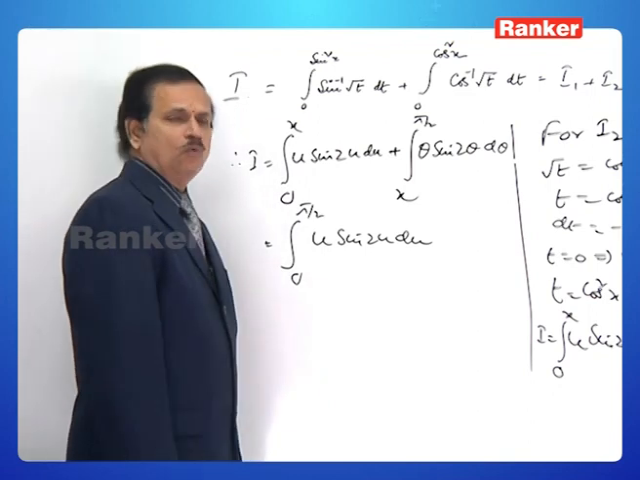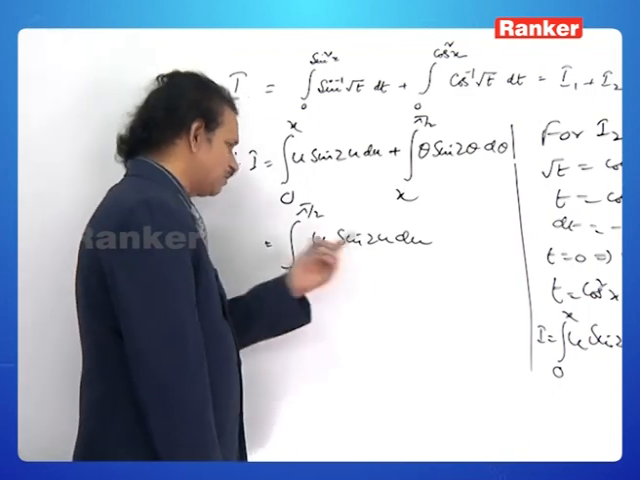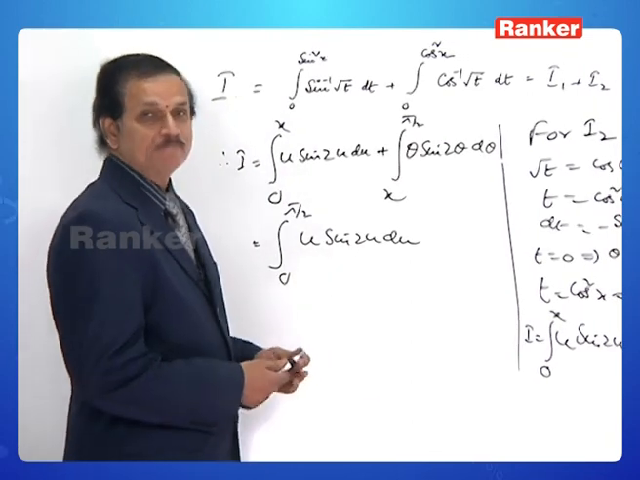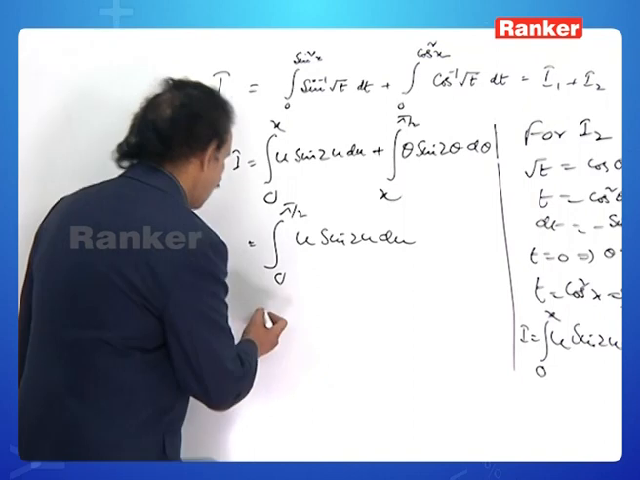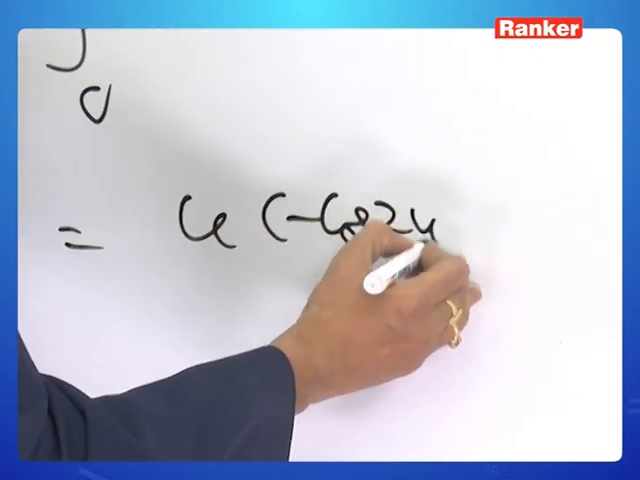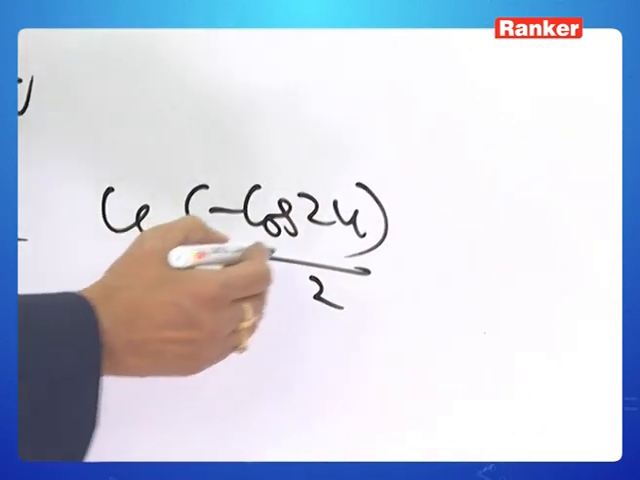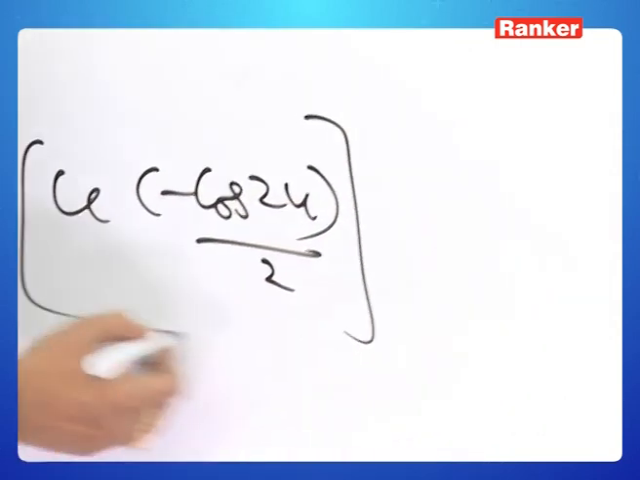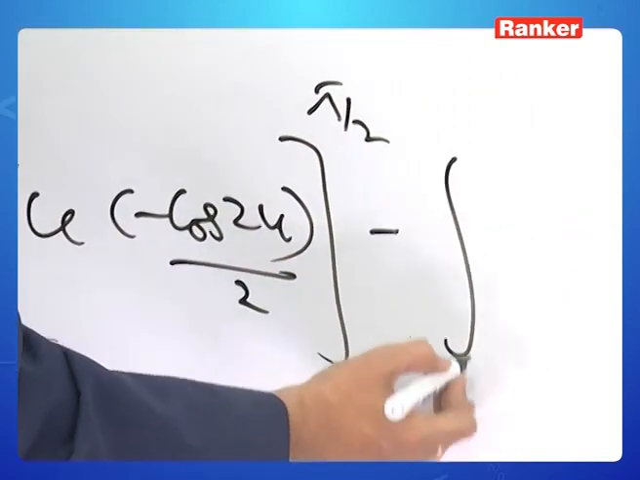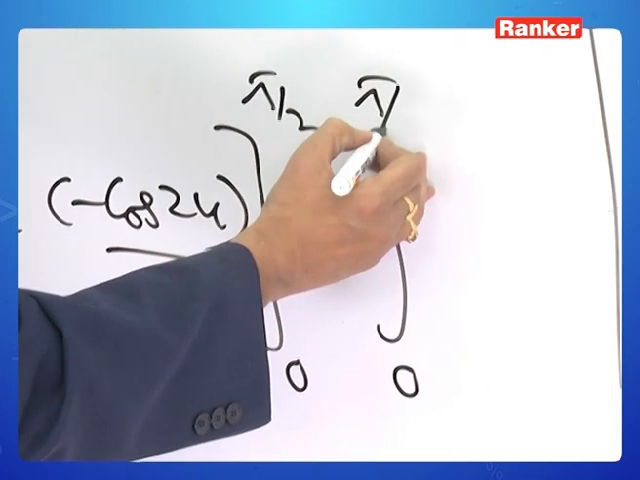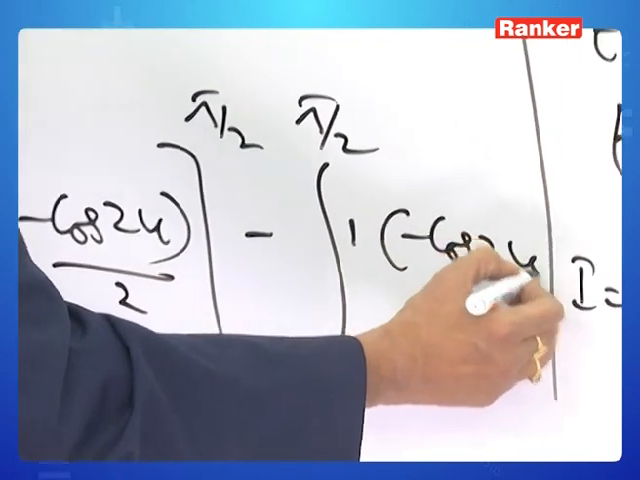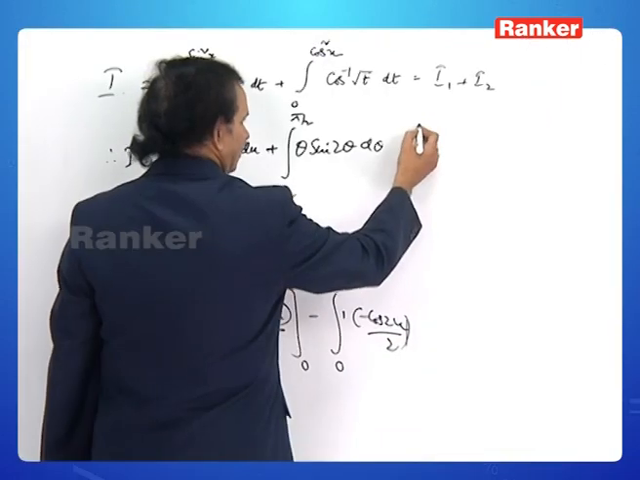Now, it is very simple and direct, of course, to simplify this. U sin 2u, of course, by using integration by parts. How? This is equal to u into minus cos 2u by 2 between the limit 0 to pi by 2, minus integral of derivative of u is 1 minus cos 2u by 2. This is equal to,